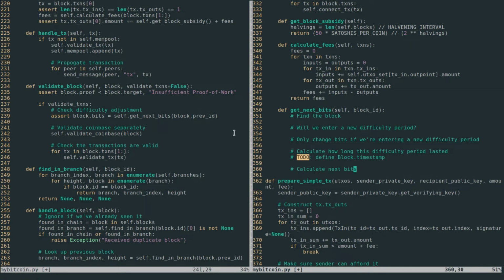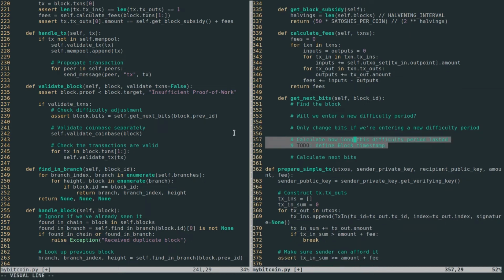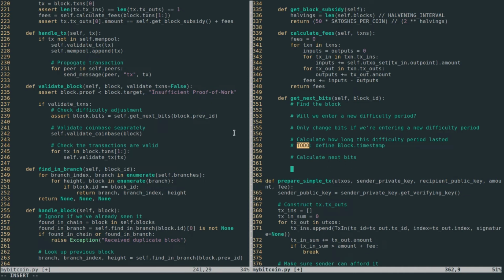And so now that we have all the information, we know whether the duration of our period was greater than or equal to, or less than our target. We can go and make those comparisons and either increment or decrement bits. And then here,